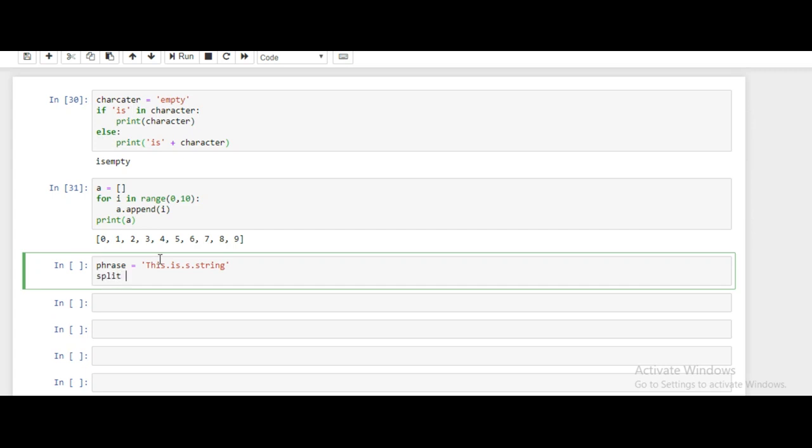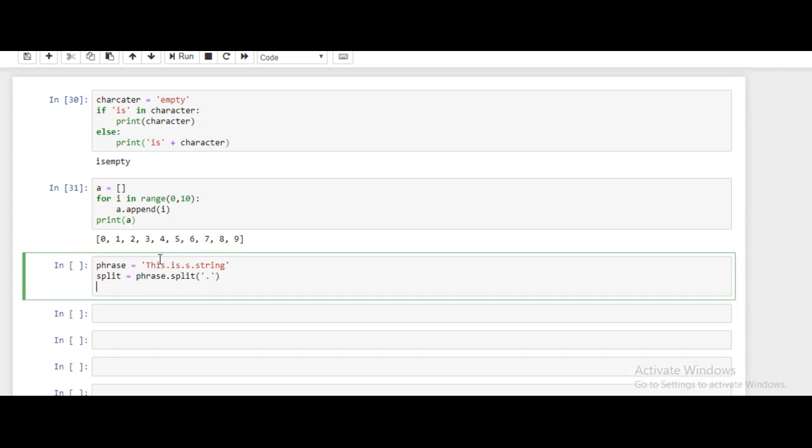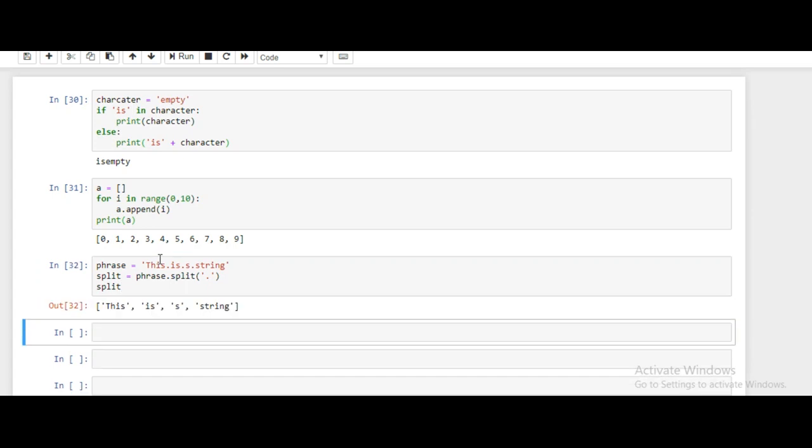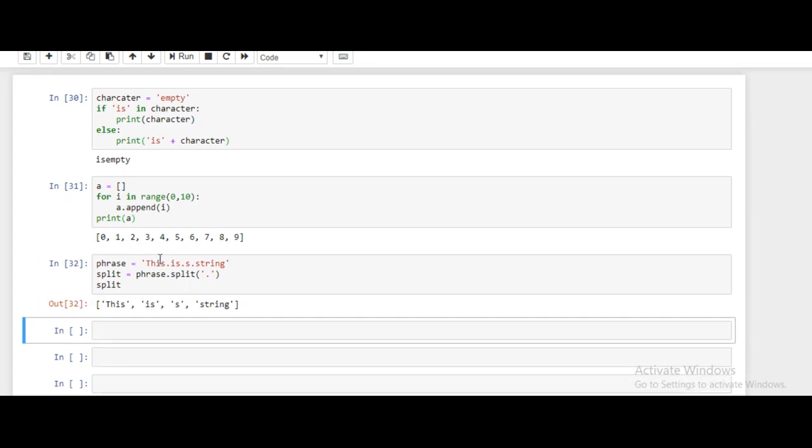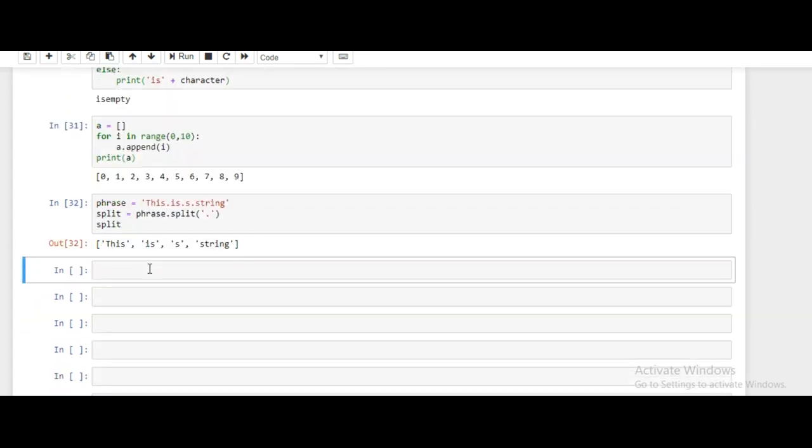So I'm assigning a variable name split and I'm going to use split method. phrase.split, I'm going to separate it based on dot. Next I'm going to print this. So this is separated. Next what I'm going to do is I'm going to do join and I'm going to reverse it. How I'm performing is I have to add a dot, then I'm going to use join, then on what? On this split method.